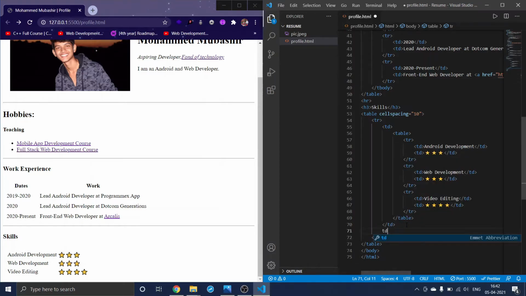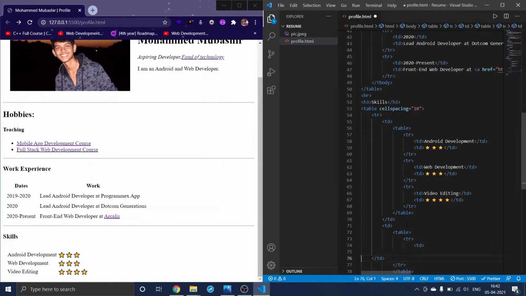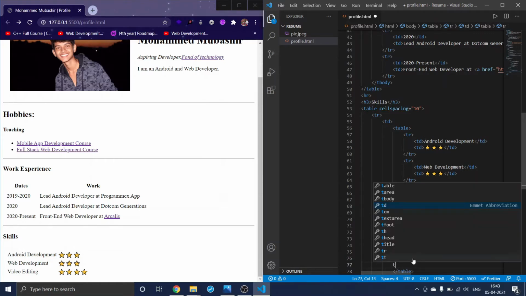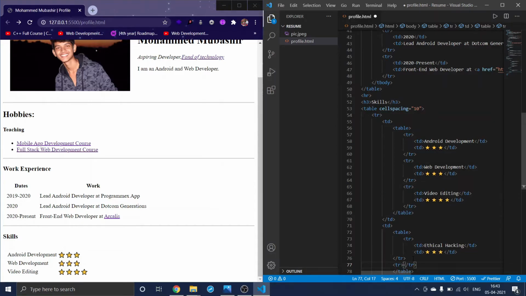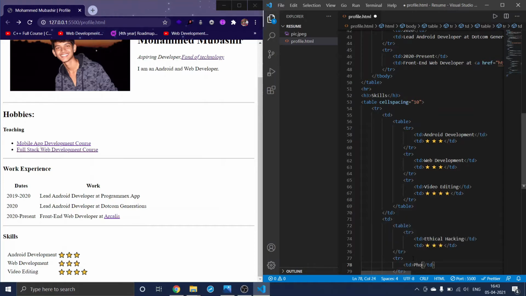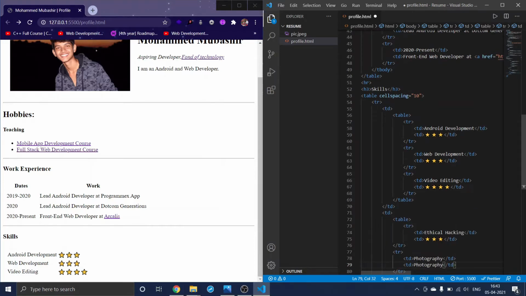Here I will make another td, and in that I will be using another table, and in that table again I will be using tr and td, and here I will name a skill which is ethical hacking, and I will paste 3 stars here, and again I'll give something like, for example, photography, td, which says photography. And I'm not that good at photography, so I'll give it 2 stars.